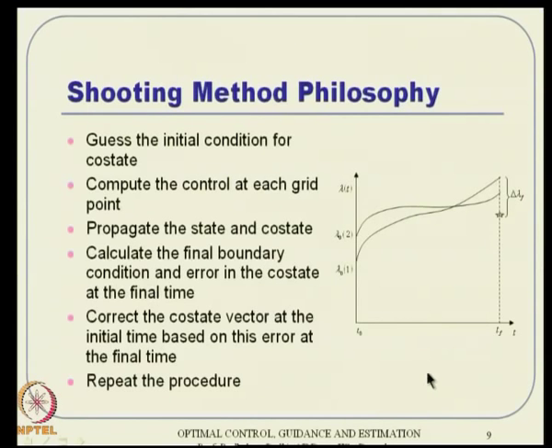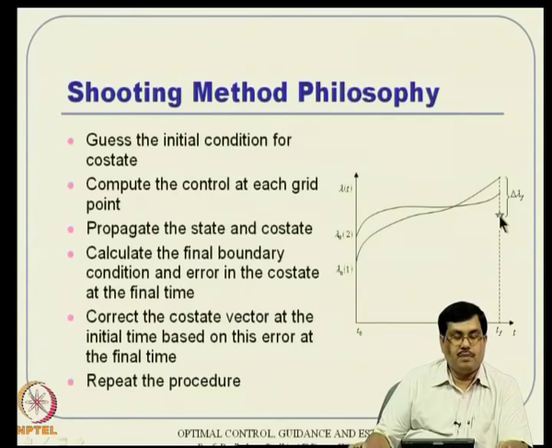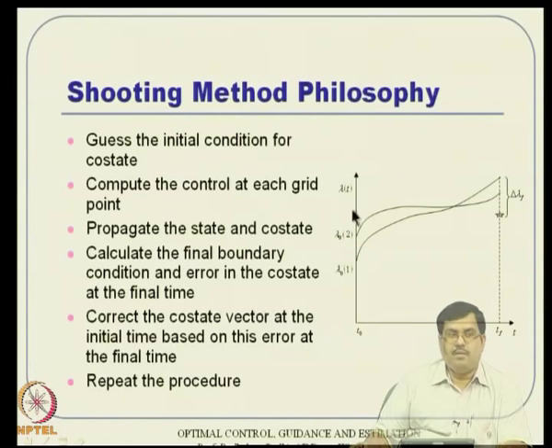How do you do that? This is the procedure here. You start with some lambda 0, a first guess, and then start integrating forward from T naught to T f. You land up somewhere, and then lambda f star happens to be somewhere here. Use this delta lambda f to come back and correct this lambda 0 1 to lambda 0 2, and repeat the procedure. Maybe you will go slightly closer, or maybe you will overshoot the next time, but the iteration proceeds that way.